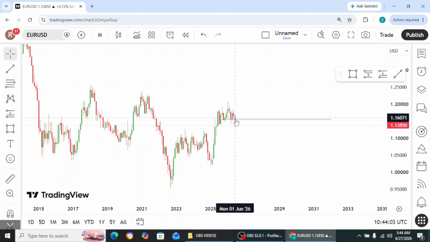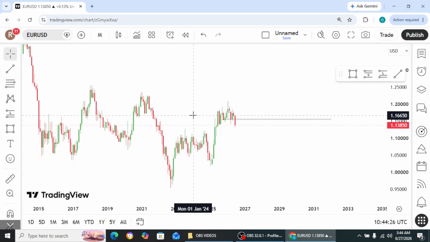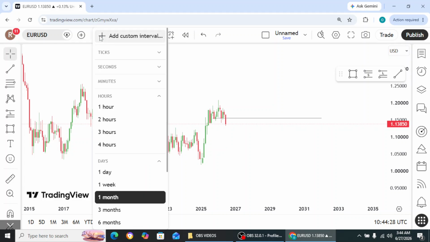But this month of June, the candle broke out and the candlestick didn't close back inside. It closed outside the level. So that will tell you that sellers are coming into the market in their numbers. Now, if you go to your weekly time frame,